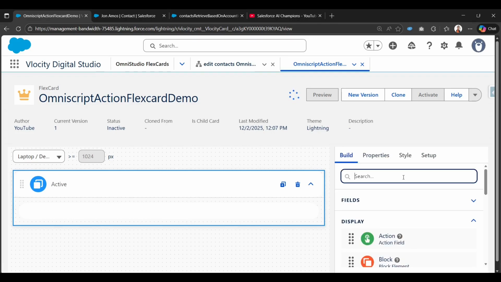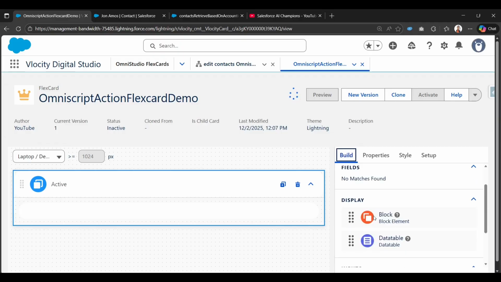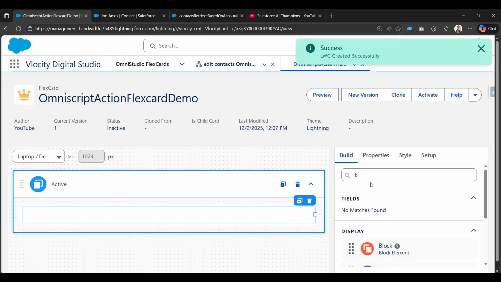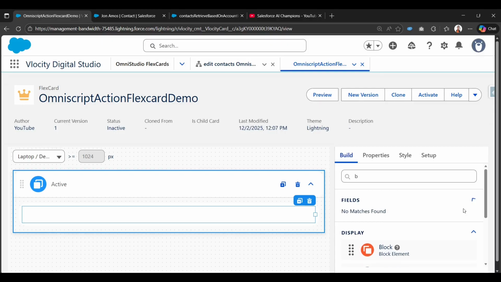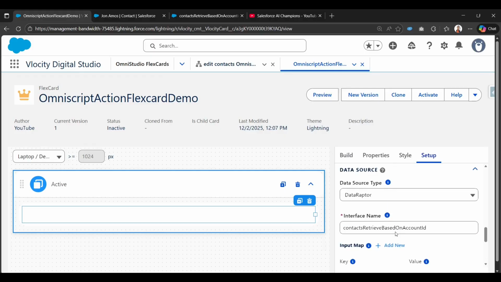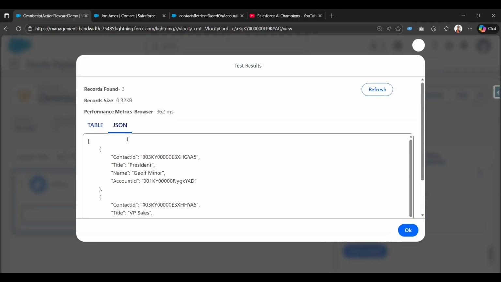And now we can use this block element, and I'll drag and drop this block element, and in the build section from the fields, let me save and fetch again, and